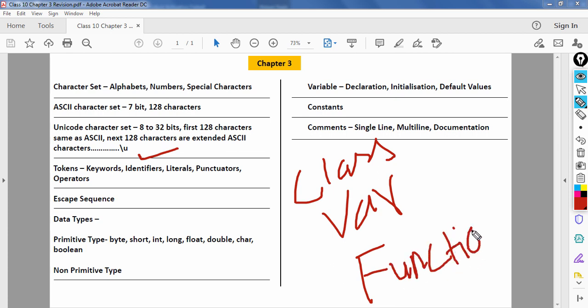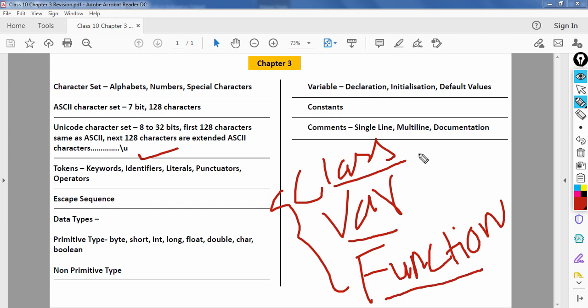Whenever you define a class, a variable, or a function, that is an identifier. So an identifier is used to name different components such as class, variable and functions.